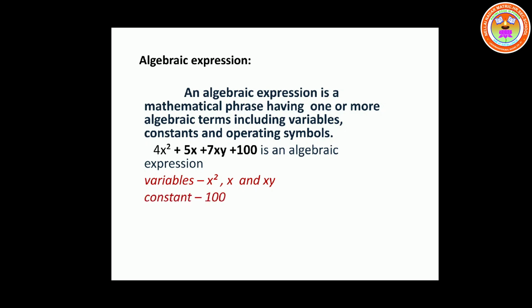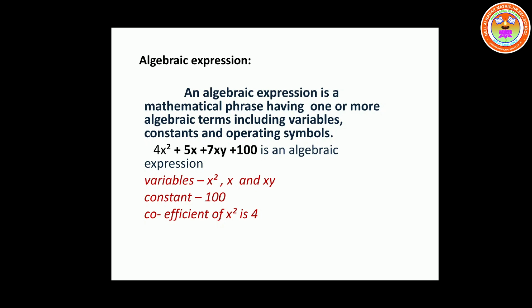Next, constant, the number which doesn't change, it is fixed, is called a constant. And here in this expression 100 is the constant term because I don't have any variable with it, so if I substitute a value for a variable, it doesn't change, it is the same. Next, talking about coefficient. So the first term 4x square is there, so 4 is a constant there, x square is a variable. Together they are termed as the first term.